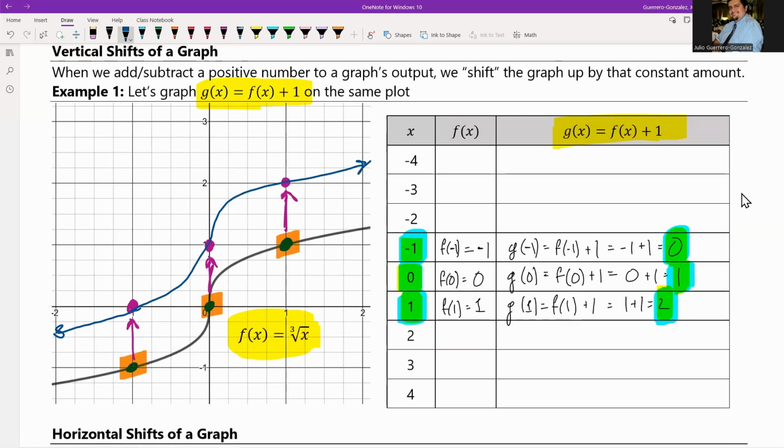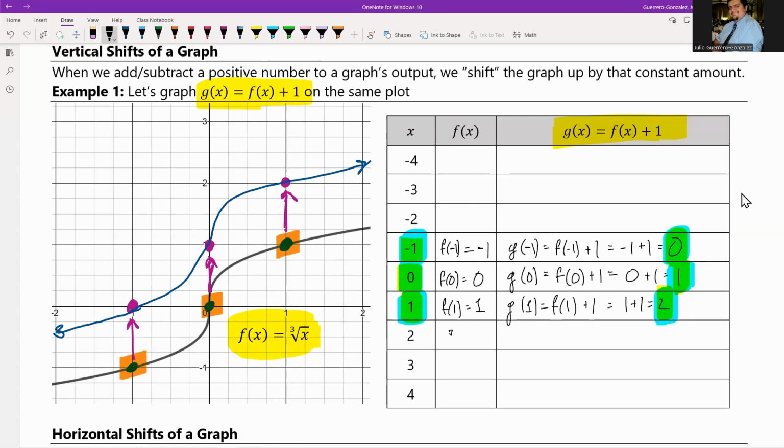Okay. It grabbed the original one and moved it up by 1. That is what this +1 that's right here does. Okay. So just by looking at these 3 points that were the example, we can sort of pick out the rest. We know that this was going to be,